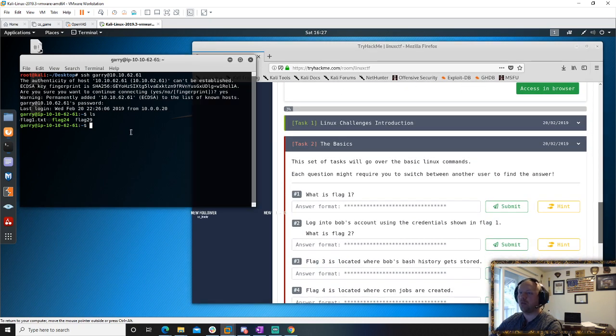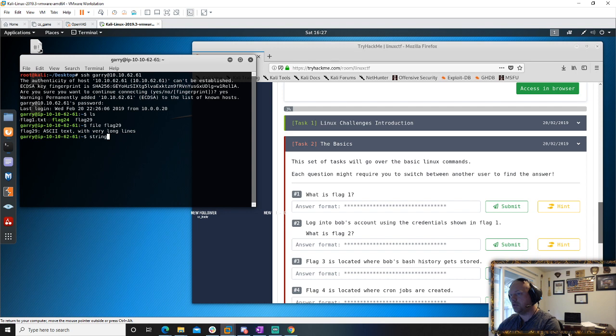What is flag 1? Okay, so it's a text file. It's on that person's computer, the computer that we're in. So I'm going to show you a couple commands that are useful. So file. Like flag 29, if we don't know what kind of file that is, because it doesn't have an extension, we can use file and type the name, and it kind of tries to figure out what type of file that is. So that's a great tool.